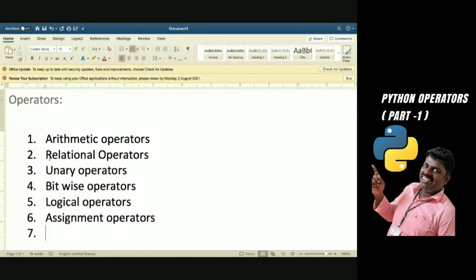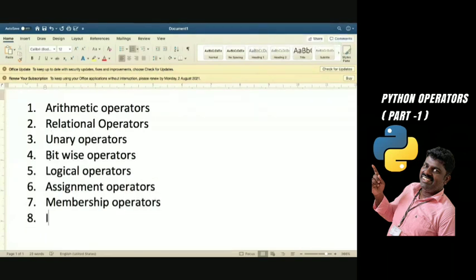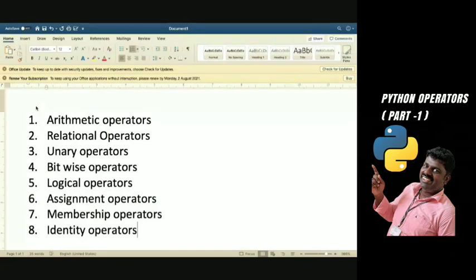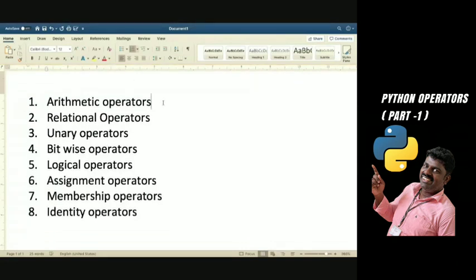Then we have a special operator in Python that is not there in C language, that is membership operators, and then finally the last type. So these are the types of operators. As I told you, before going for expressions, first we are going to see the different types of operators.